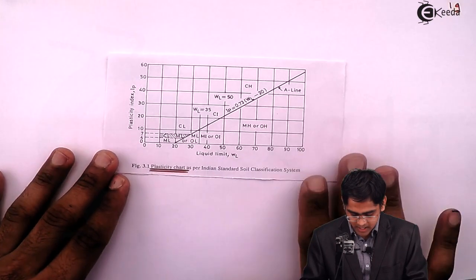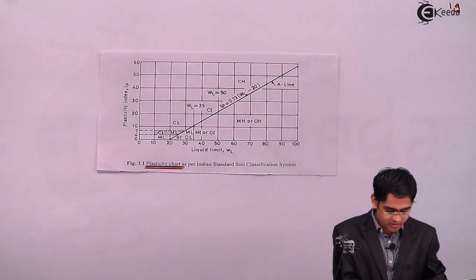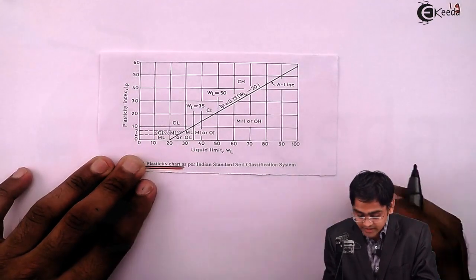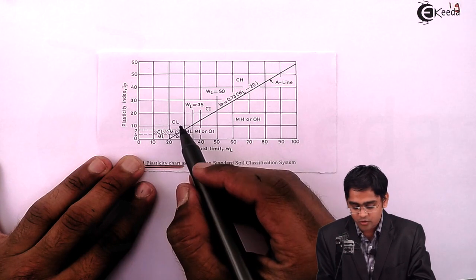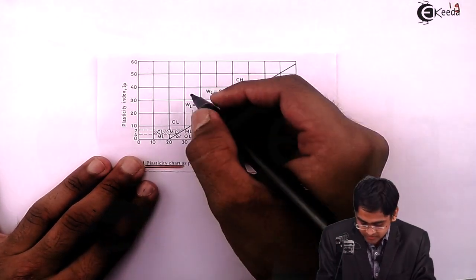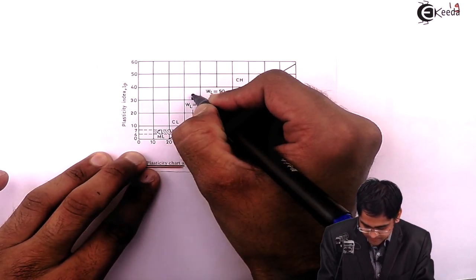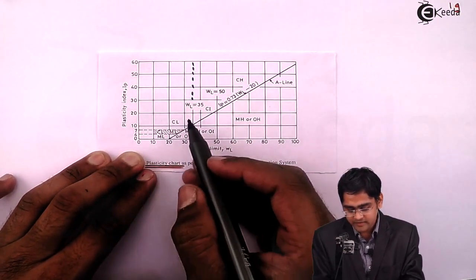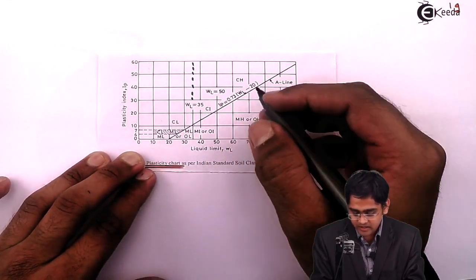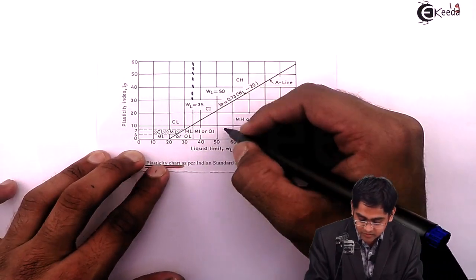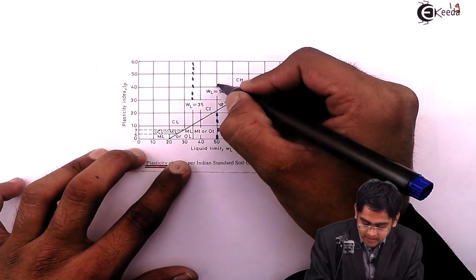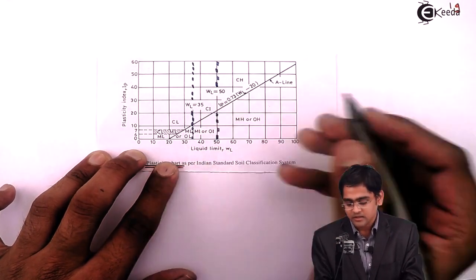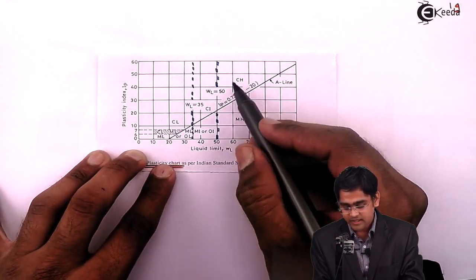So this chart is as shown in the figure. You have got the boundary classification for all these low compressibility, intermediate compressibility and high compressibility, with a value equal to 35%. So if you have a liquid limit less than 35%, then we call it low compressibility. If you have a liquid limit between 35 to 50%, then we call it intermediate compressibility. And if I got the liquid limit greater than 50%, then we call it highly compressible